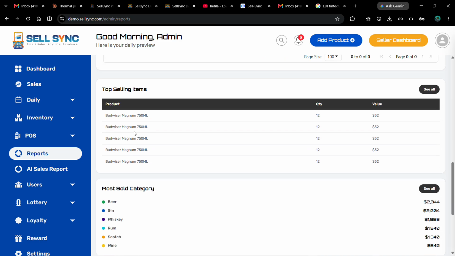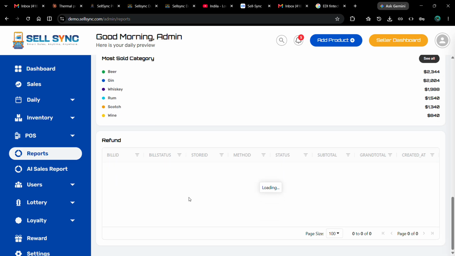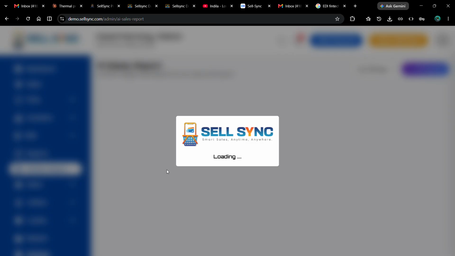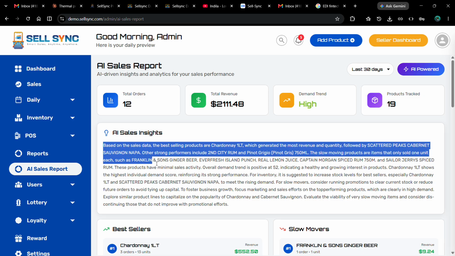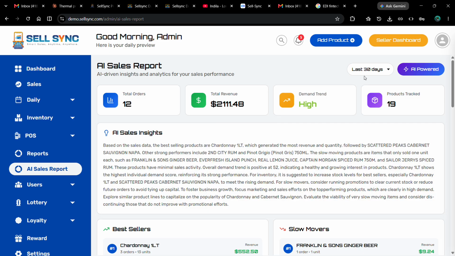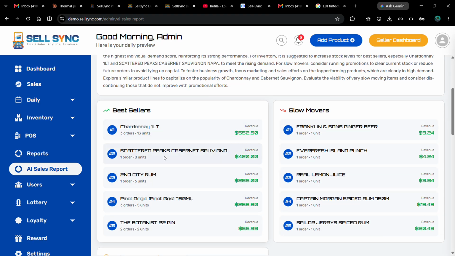Then we have a small top selling items and most sold categories. Then if we have any refunds, then it will be reflecting here. Then we have an AI summary report. So it is a new feature for AI. It gives us sales insights for the last 30 days: total revenue, high demanding products, products tracked, best selling items,